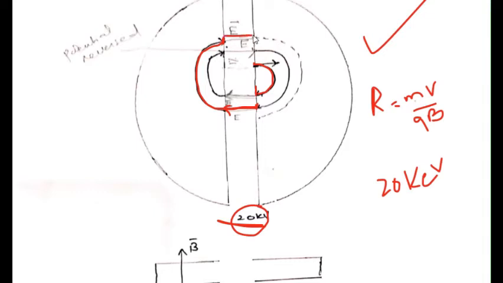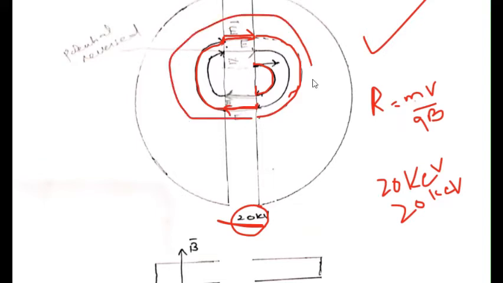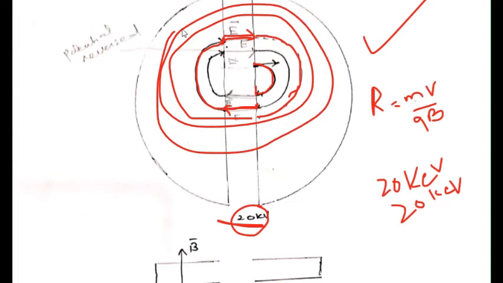Now the direction of the electric field is from this D to this D, and during the charge motion from this edge to this edge, it will again gain 20 kilo electron volts of energy, and obviously more speed. With a greater kinetic energy, now it will enter this D, and obviously with a greater radius it will move over here, and the process goes on, and the particle will keep on gaining kinetic energy